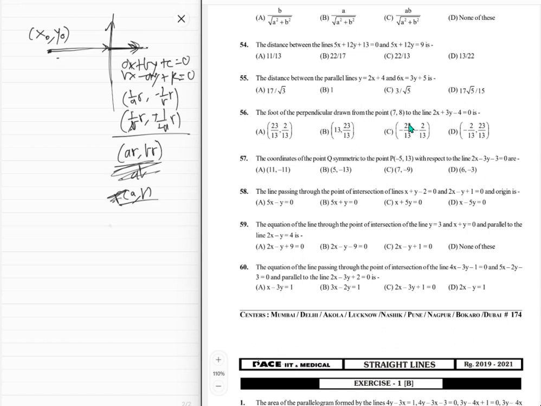And similarly for this thing, you can write b comma minus a. So b comma minus a is a vector that is parallel to the line, and similarly negative b comma a is a vector parallel to this line, right? And now say from this point you want to go to some other point x comma y which is on that line, right? Then